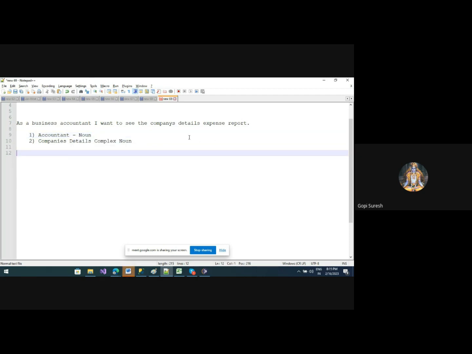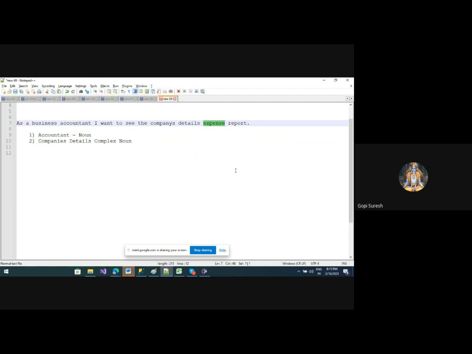Okay, and you want to see the expense report. The expense report is again a kind of noun, right? The expense report will also have various sections, various things inside.